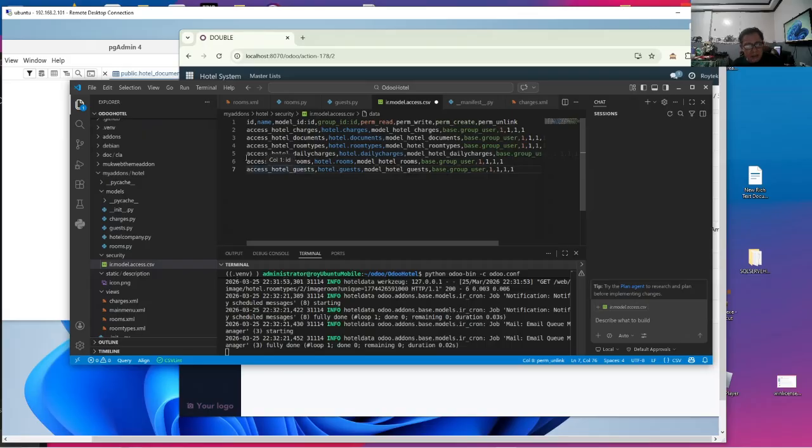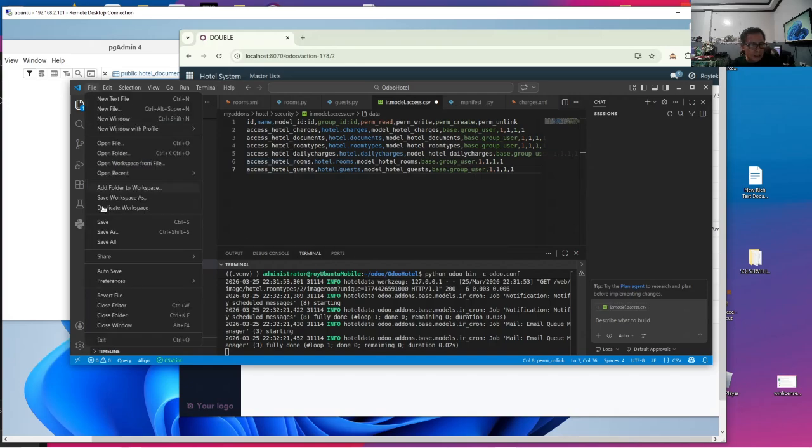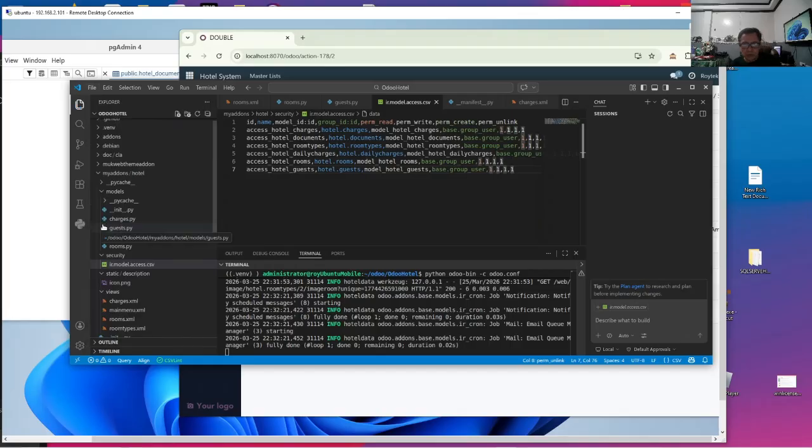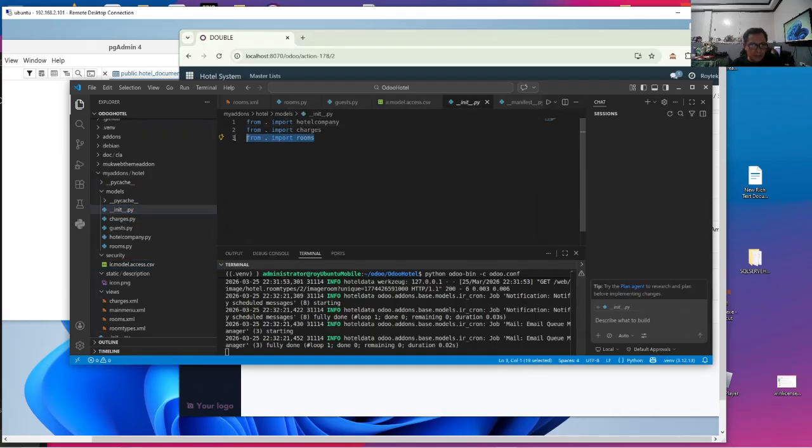I just copied the names and changed them from rooms to guests, and that gives us the necessary facility to be able to use the model. Now, of course, by the way, in the __init__.py, we'll have to include guests.